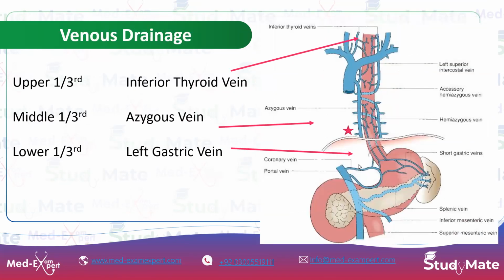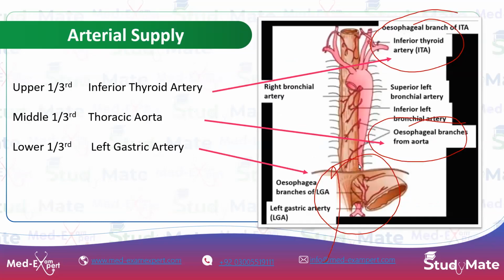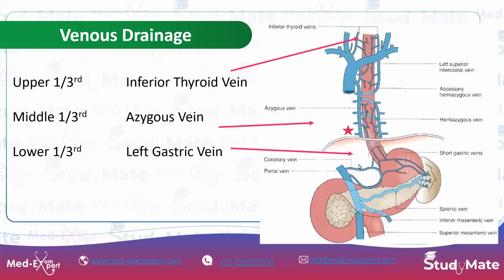तो जिस तरह की आर्टीरियल सप्लाई होती है उसी तरह इसकी वीनस ड्रेनेज है। Upper 1/3 was being supplied by the inferior thyroid artery और upper 1/3 is being drained by the inferior thyroid veins। Lower 1/3 was being supplied by the left gastric artery and lower 1/3 is drained by the left gastric vein। And similarly, the middle 1/3 is drained by the azygous vein। एक साइड पे हेमीएजाइगस वेन्स होती हैं और एक साइड पे होती हैं एजाइगस वेन्स।